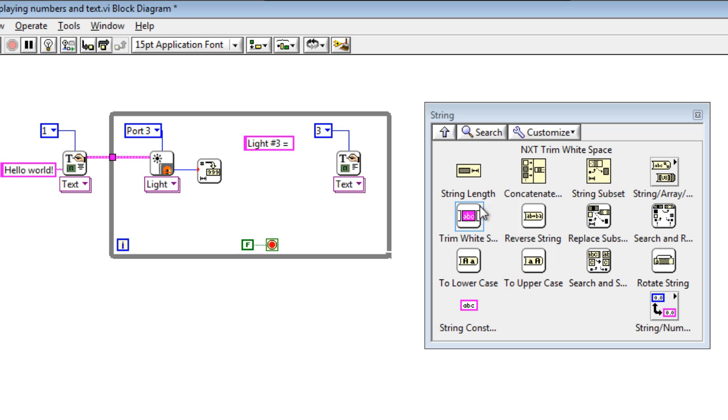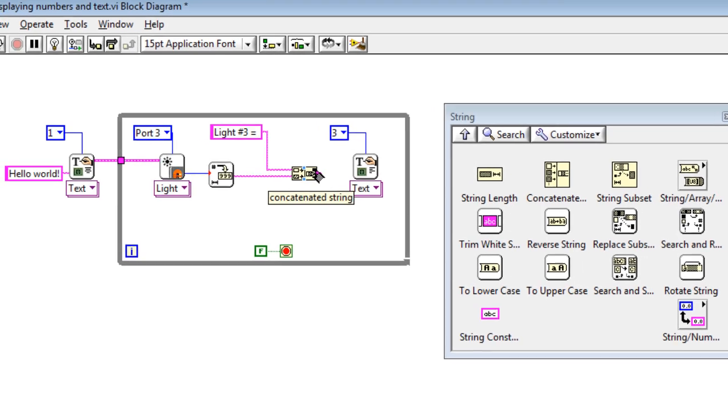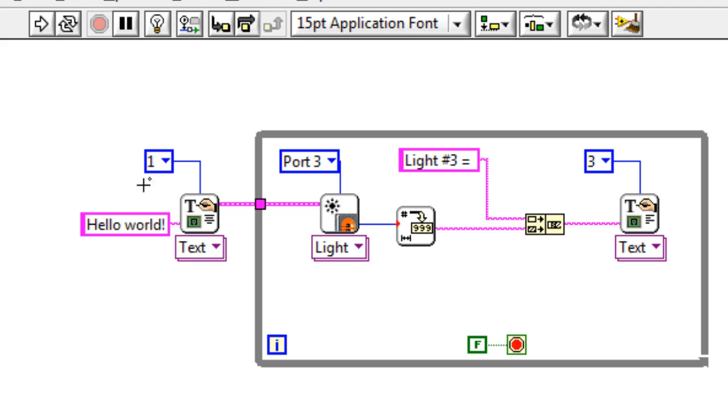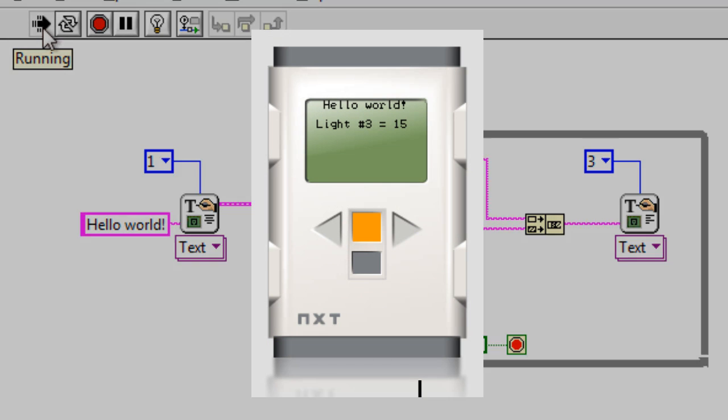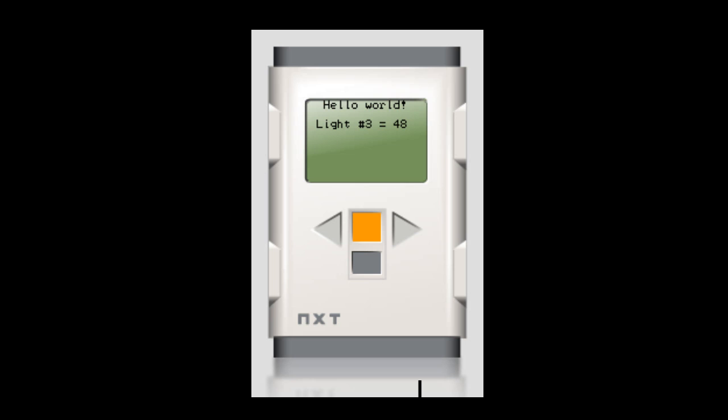And then also from our string palette we've got concatenate strings, and this is pretty cool. We can add as many strings as we like together, but let's just go with the default 2. We drag this in here, that in there, that in there, and let's run that and see how that looks. Okay, so I'm seeing light number 3 equals, and it's telling me what the value of light number 3 is.